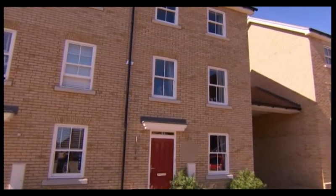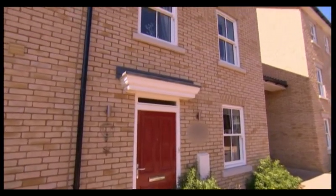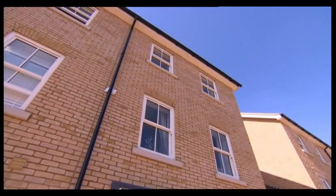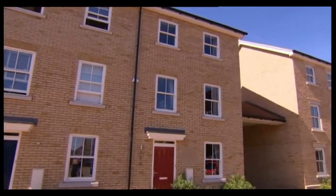On day one, when we moved in, they were literally still building the garden wall. Phil Hoffman and his family moved into their dream home in Colchester in 2015. Right from the start, they've had problems, and although the developer has sorted some of them, 3 years on, Phil